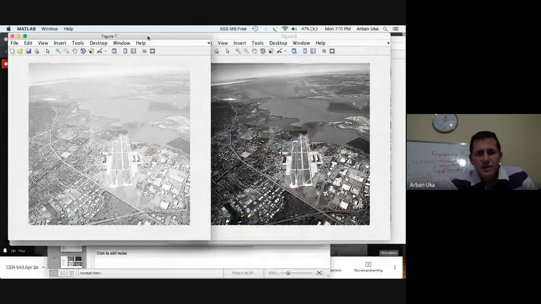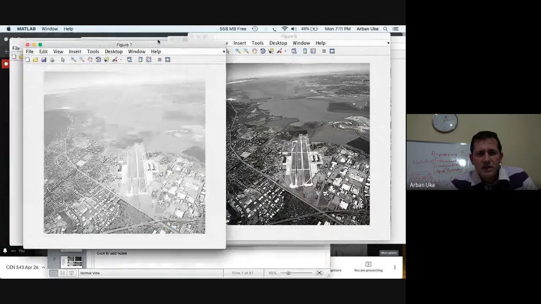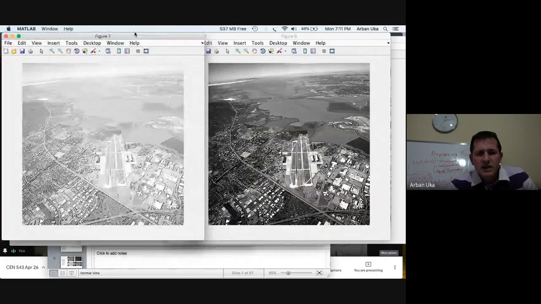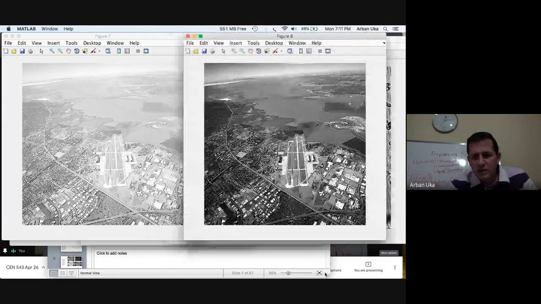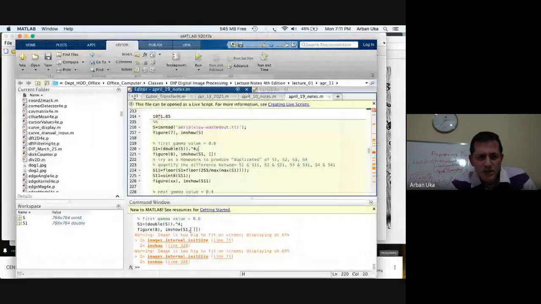Now, if we see this image here, this 7, it is very high in intensity. If we raise all of these to power 4, that means that everything will be much brighter. But in fact, we got something like this. One thing which I missed is that this image S1 is not an 8-bit image. It is something else, because the data type is not the same. But we can do something like this.